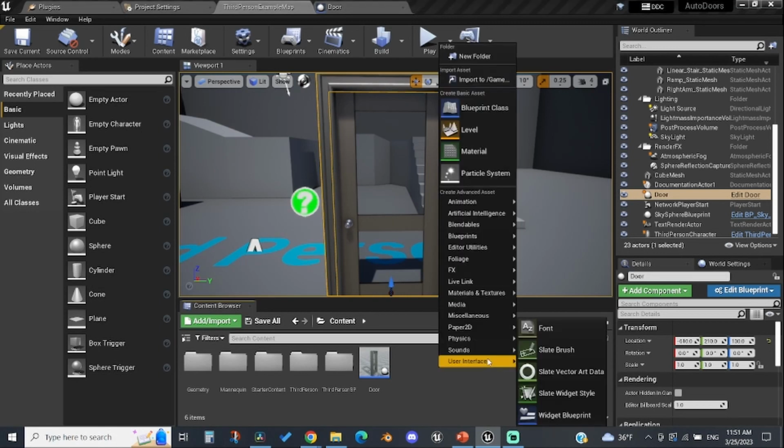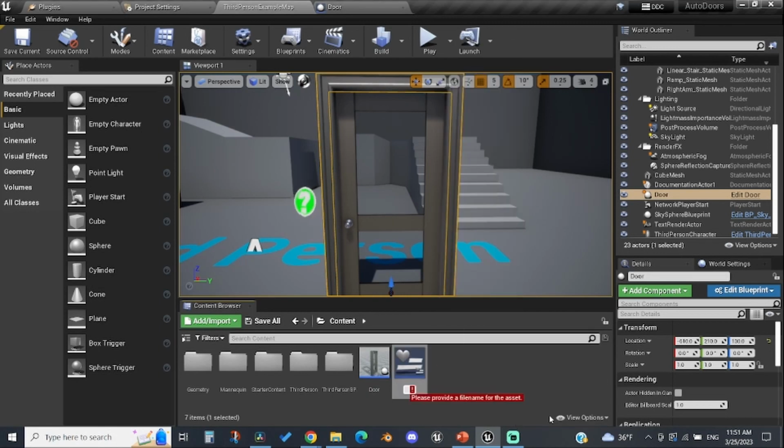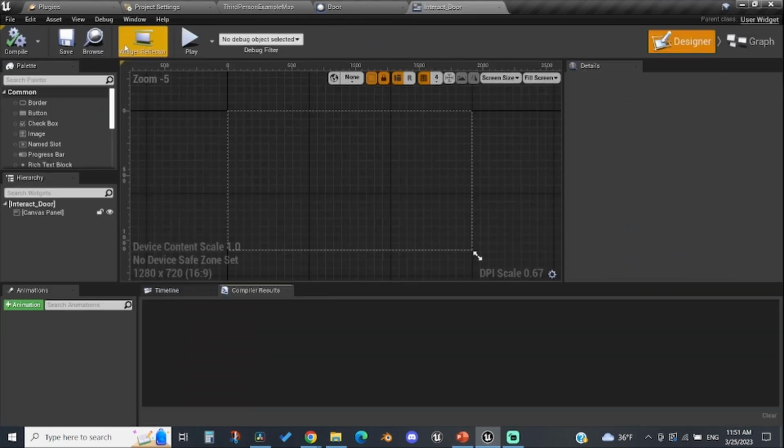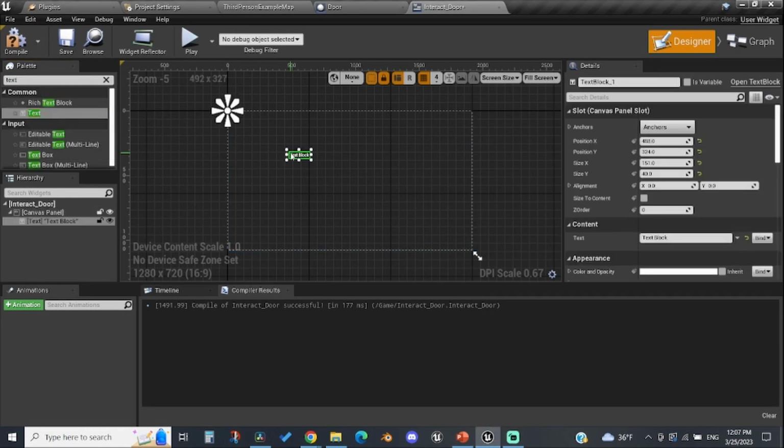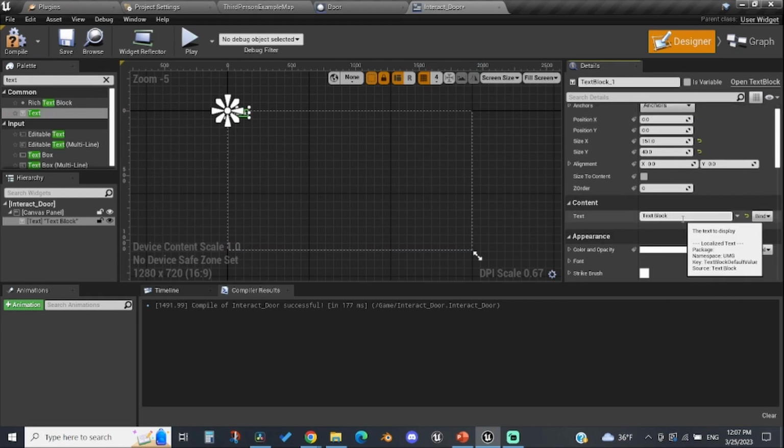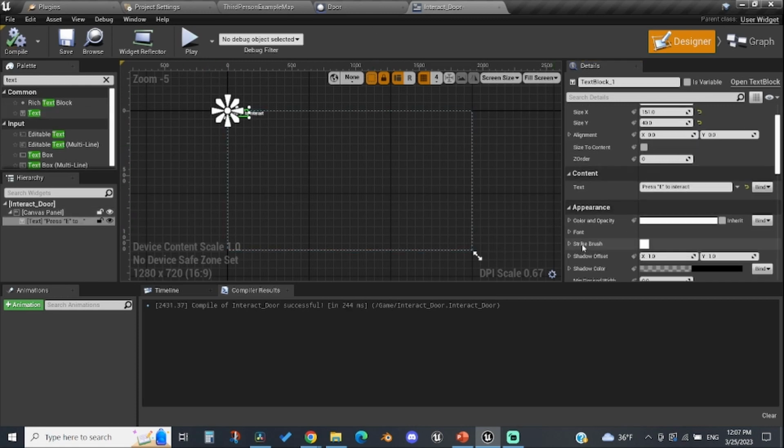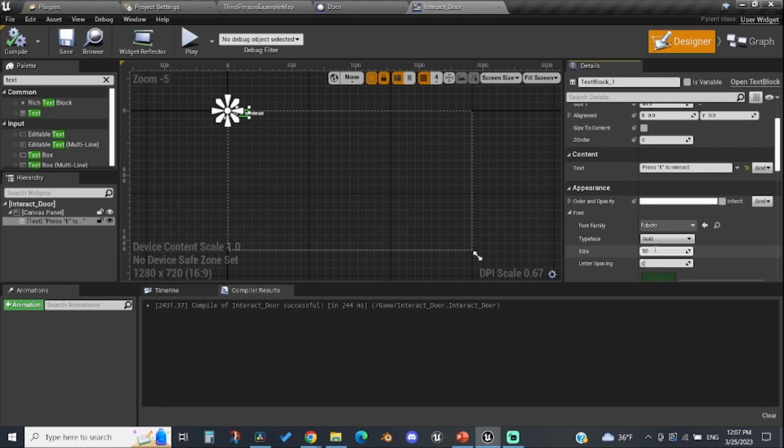Now create a widget blueprint and name it interact_door. Here we're going to add some text and reset its position and set the text to press E to interact and set the font size to 60